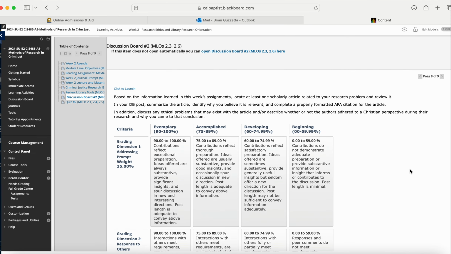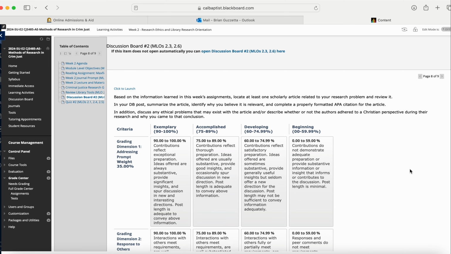So remember, I've talked earlier in some of our videos about how this course is built upon building blocks. And each assignment is going to be helpful and useful because not only is it an assignment today, but it'll be something that you're going to use later. In the days and weeks to come, we're going to be doing our literature review, which is going to be our chapter 2 of our prospectus, where you are going to take several academic articles and combine them and make up that chapter 2. So in this assignment, we are going to find our first.